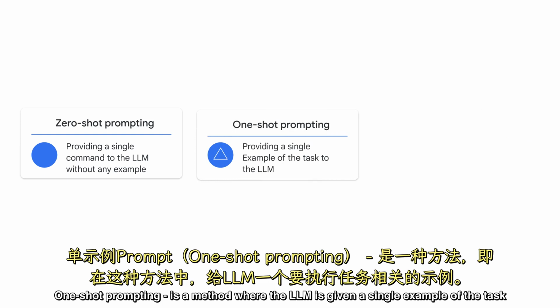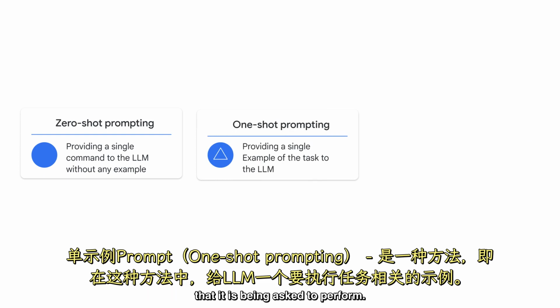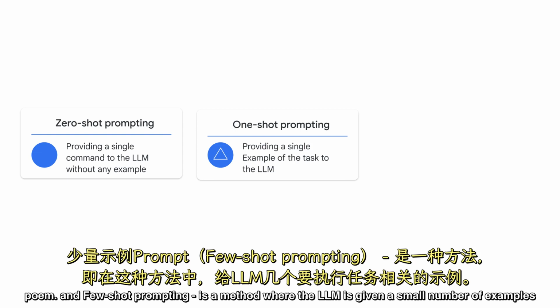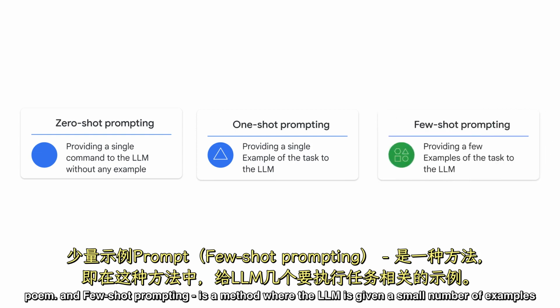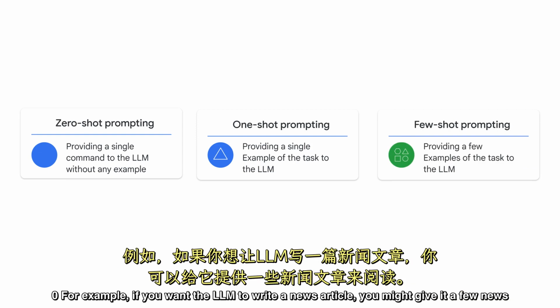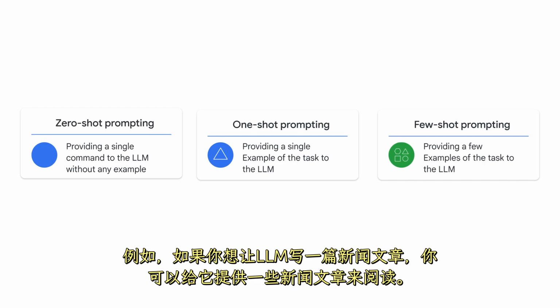One-shot prompting is a method where the LLM is given a single example of the task that it is being asked to perform. For example, if you want the LLM to write a poem, you might provide a single example poem. And few-shot prompting is a method where the LLM is given a small number of examples of the task that it is being asked to perform. For example, if you want the LLM to write a news article, you might give it a few news articles